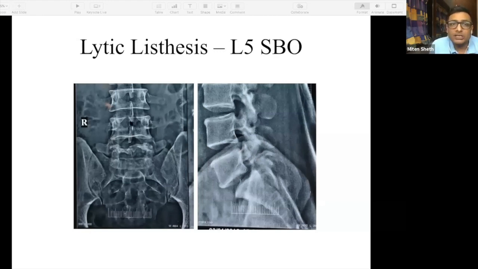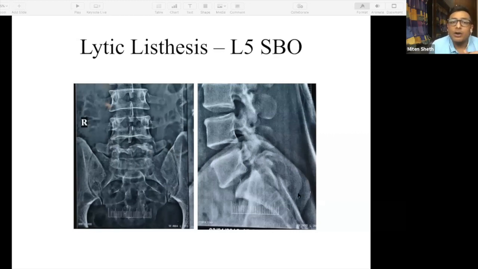All right. Now, if you see in the AP view, what you can see is the spinous process here is okay, here is okay, here is okay. Here there is some defect. It is not joining together. So this is spina bifida. So sometimes if you're not able to identify a lysis on an X-ray in the lateral view, what you can do is look at the AP view. If you find something called spina bifida, a lot of times spina bifida is associated with lysis. Okay, so you should correlate both of these together. Understood?